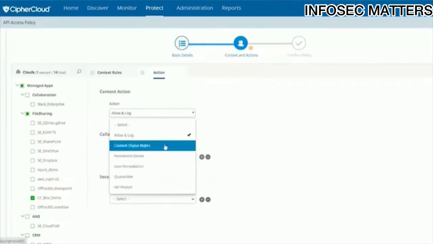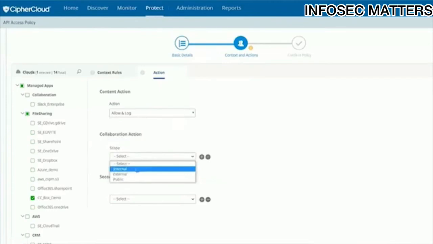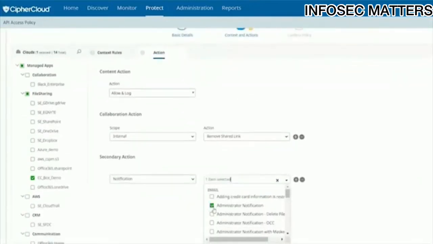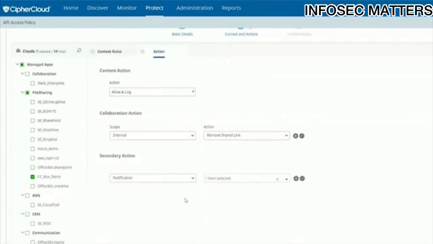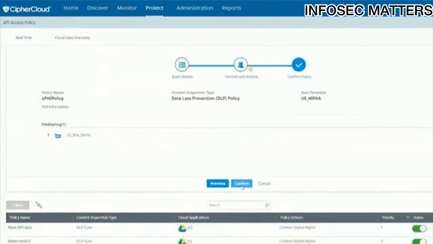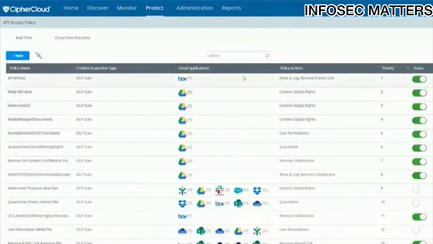And then based on all these input parameters, you have the capability to take actions. You can take action on the content. You can take action on the collaboration aspects. And after you have taken one action, you have the capability to apply secondary actions as well, right? For example, you can say that, well, I want the document to be redacted, the collaboration to be removed, and also send a notification to the user, right? As an example. So multiple actions are possible all through one framework, a single policy. So this is the power of the DLP engine. A single policy can be applied to multiple clouds, and then multiple actions can be taken for a single policy